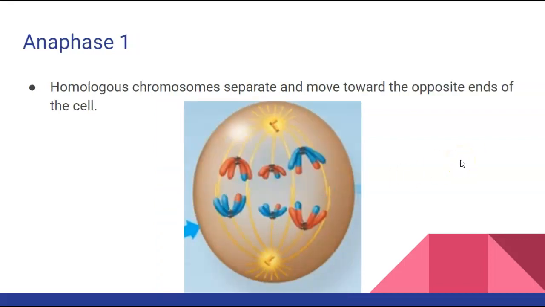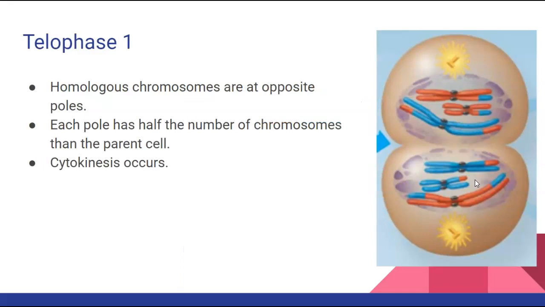In anaphase 1, the spindle fibers pull along the centromeres, which are again these little black dots in the middle of the chromosomes, and they separate the homologous chromosomes. Once they separate these chromosomes, they pull them to the opposite ends of the cell, and then